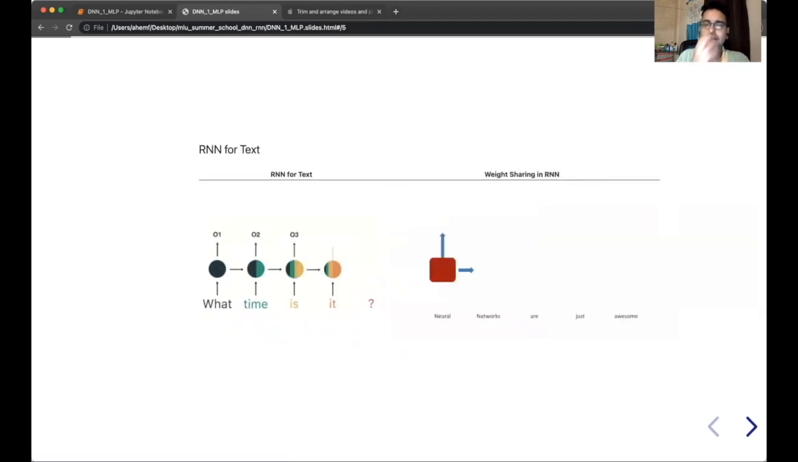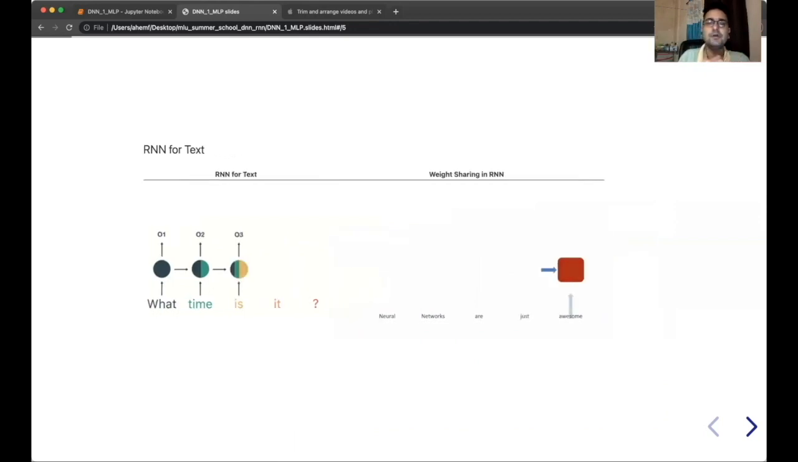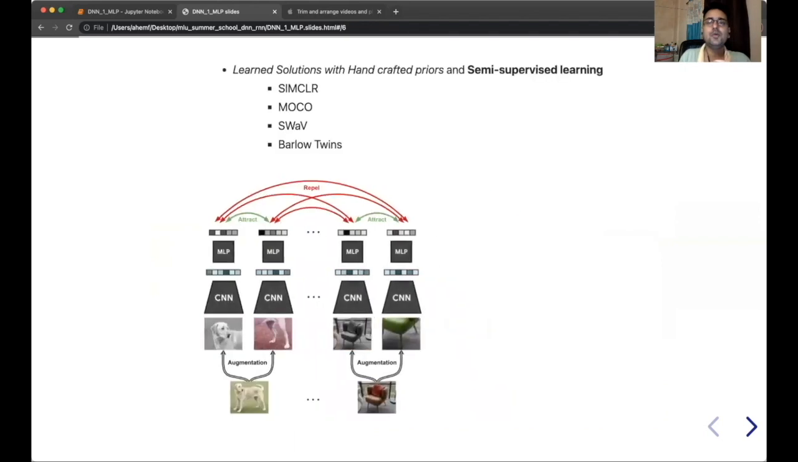In similar lines, RNNs say that the nearest word, the neighboring word, is important, and for that reason they are also based on the same prior that close, nearby things are more important than farther away things. Then you have